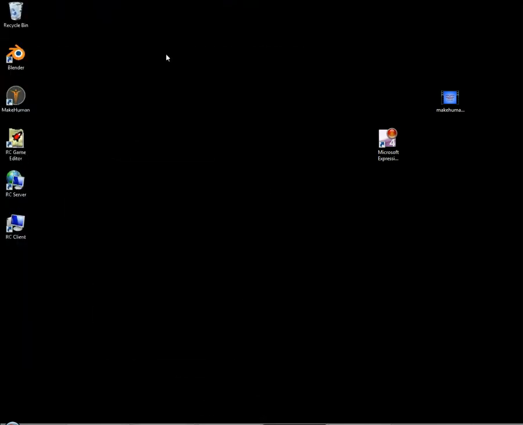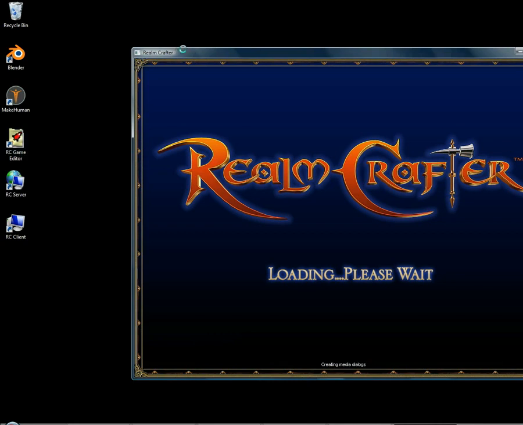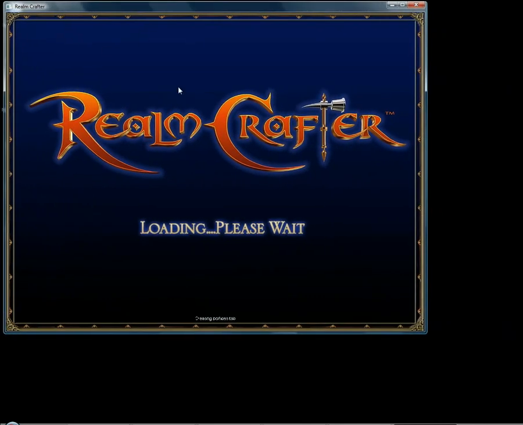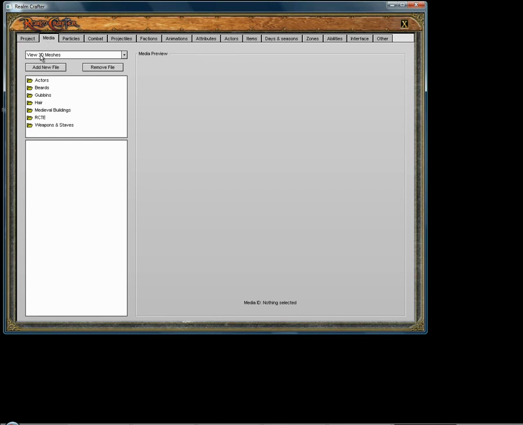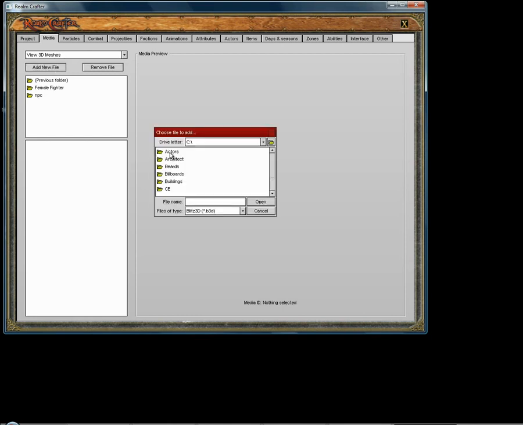So let's go ahead and, now we're ready to open up our Realmcrafter game editor. So open that up. Okay, now come here under media, and we're looking at the 3D mesh folder. So go to actors, let's click once, humans, click once, and we're going to add a new file. So click add new file. It's going to be under actors,